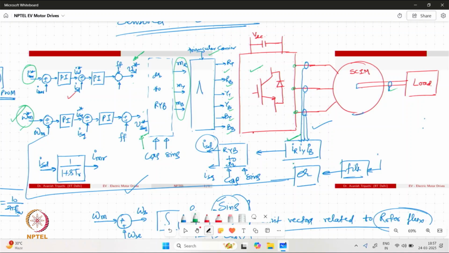Now we have seen that in this whole system we require several feedback quantities. So we have current feedback, we have flux or IMR feedback, and we have omega m feedback. These quantities, and in fact the current and omega and IMR, are also involved in the feed forward terms. So we need to have some measurement or estimation of these quantities. That can be achieved through some sensors which are either mounted physically on the system. Say for example, we may have